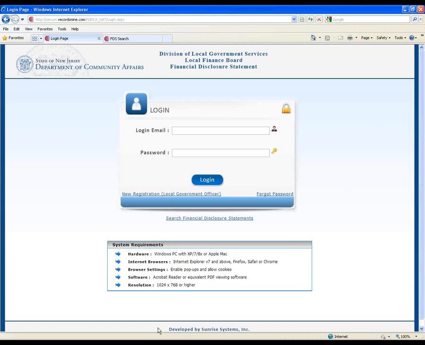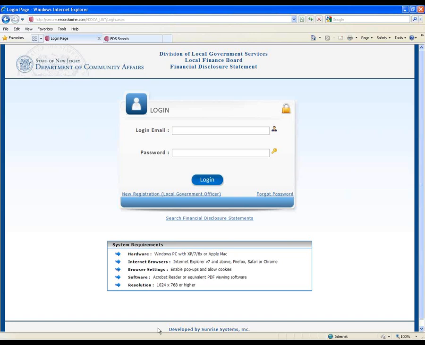There are areas of the system where we might have some pop-ups come up, so we ask that you add the URL to your trusted pop-up sites, or just turn off the pop-up blocker altogether. I'll show you some of those areas as we go through. Some of these pop-ups and reports that we display within the system come up in PDF format, so we ask that you either have Adobe Reader installed on your device, or some other compatible PDF viewer, so you can view those documents when they come up.